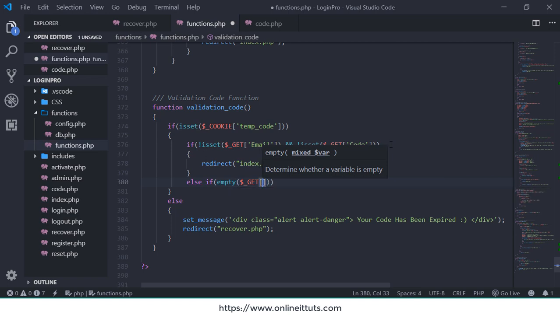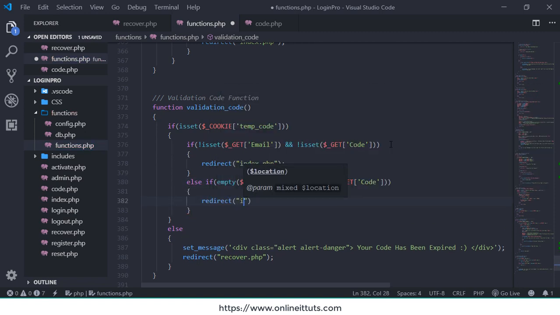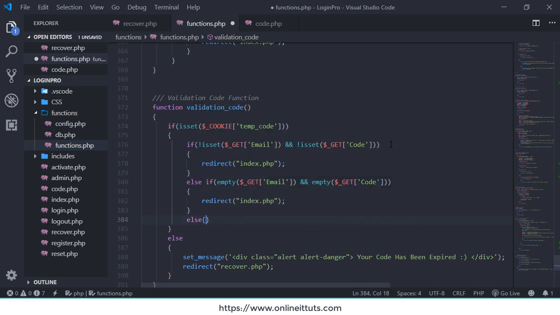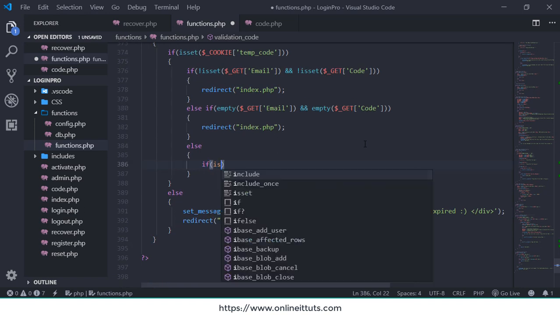And also I'm gonna use an else if statement and check the empty field. Then let's go get email and empty, then let's go get code. Then also the user will be redirected to the index.php page. Finally, the else statement. In the else statement, you need to write if isset